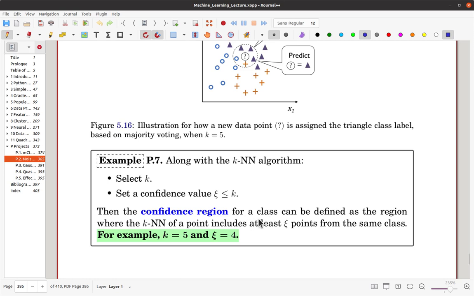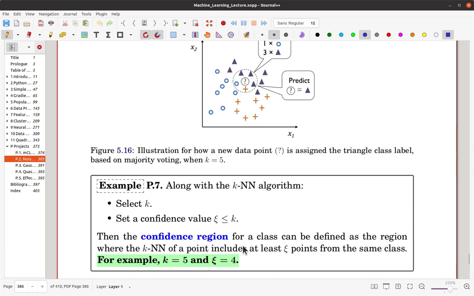For a class, the confidence region can be defined as the region where the KNN of a point includes at least psi points from the same class. So if we choose K as 5 and psi as 4,